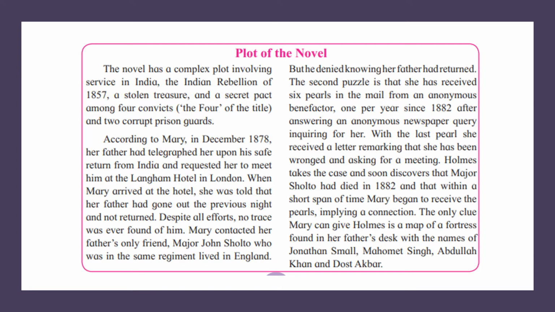Let's discuss the plot of the novel, The Sign of Four. The novel has a complex plot involving service in India, the Indian Rebellion of 1857, a stolen treasure, a secret pact among four people who were convicts, the four of the title, and two corrupt prison guards, that was Sholto and Morstan. According to Mary, in December